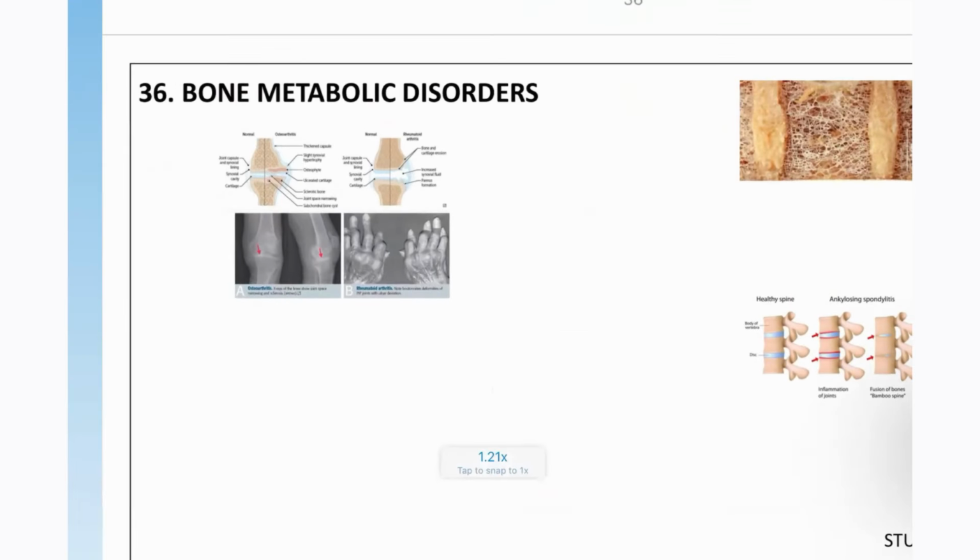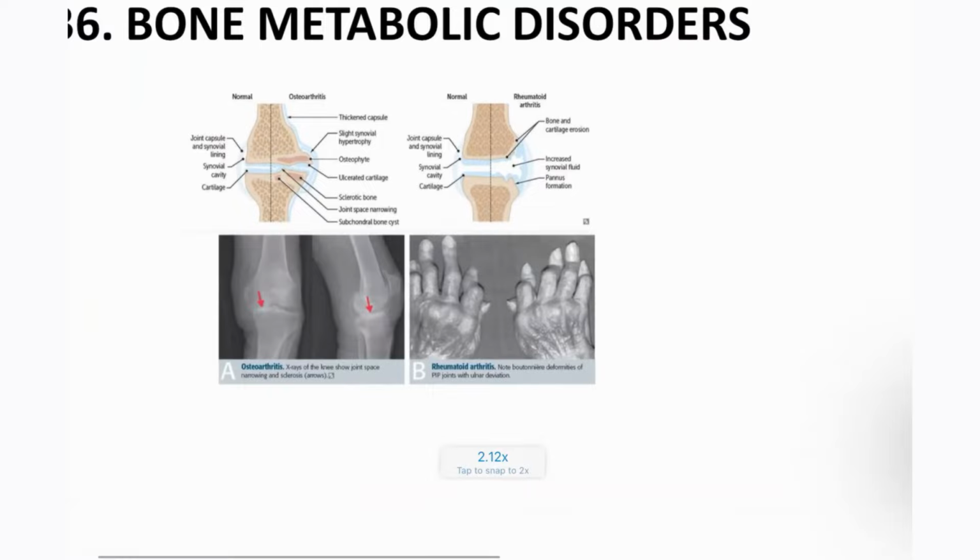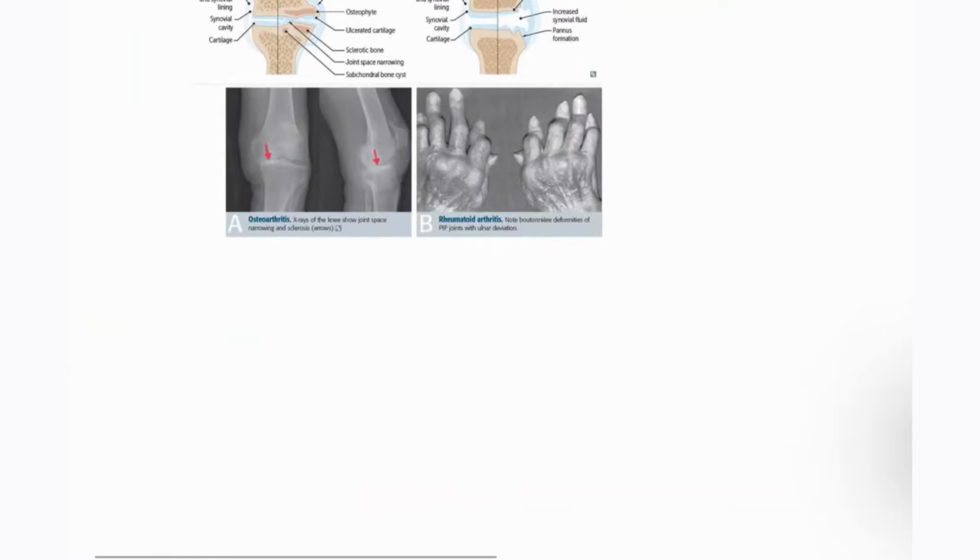Next, moving on to the bone metabolic disorders. In the bone metabolic disorders, you have to understand what is the difference between osteoarthritis and rheumatoid arthritis. First, let's see, guys. Osteoarthritis is a degenerative condition. This is the degenerative condition, whereas